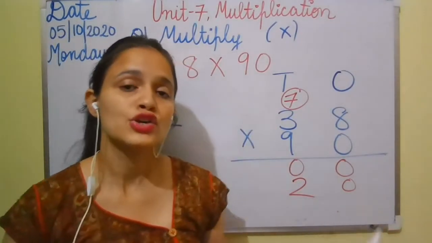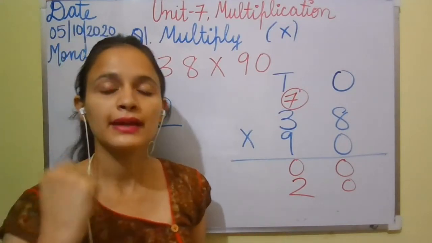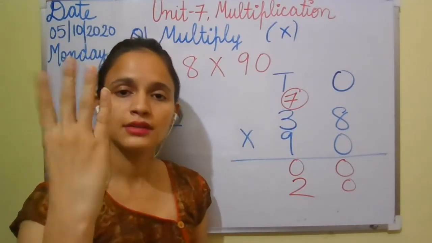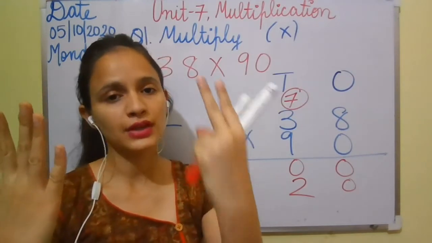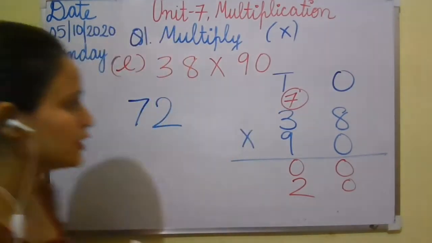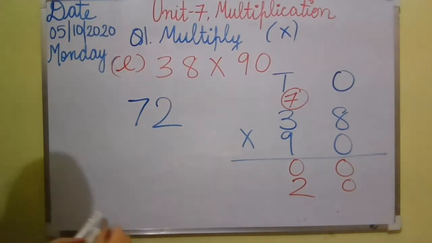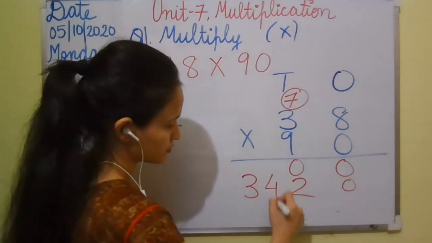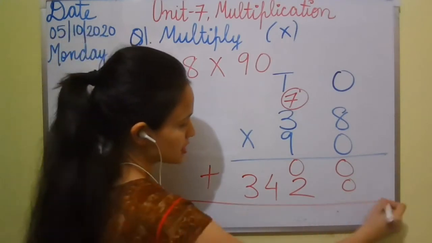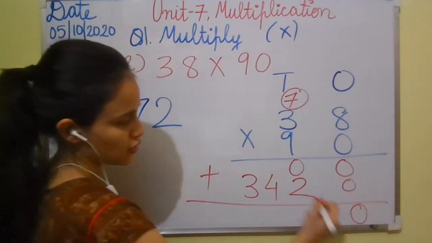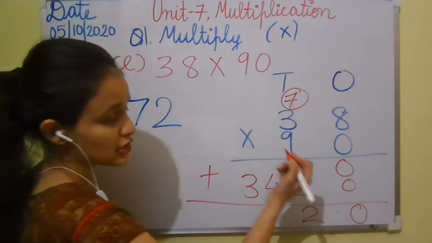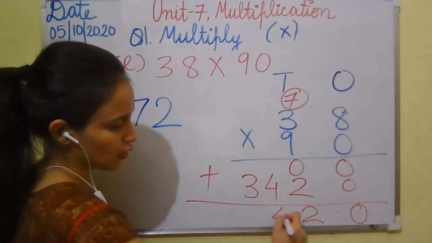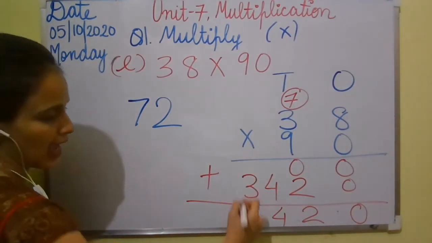27 plus 7. So we are going to add 27, 28, 29, 30, 31, 32, 33, 34. So 27 plus 7, the answer is 34. We are going to add both the numbers. 0 0, the answer will be 0. 0 plus 2, the answer will be 2, because 0 means nothing. There is no number above 4, so we are going to write it down as it is. And 3.